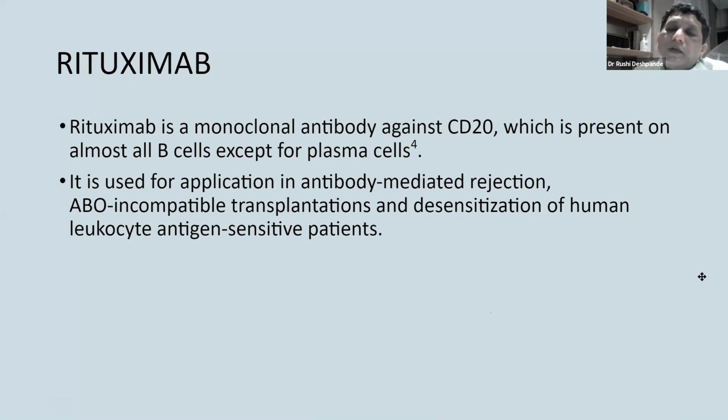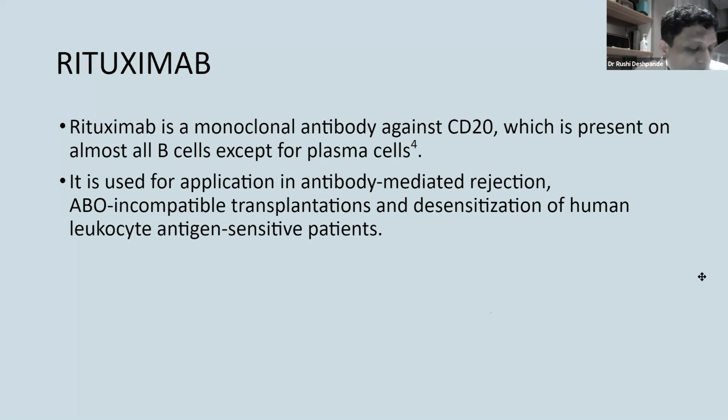So plasma cells are special, and drugs that work against plasma cells are drugs like bortezomib, which we might just glance over. But basically, rituximab will not work if the patient already has a plasma cell clone making a particular antibody, and you might not get the desired effect with this drug in such situations.